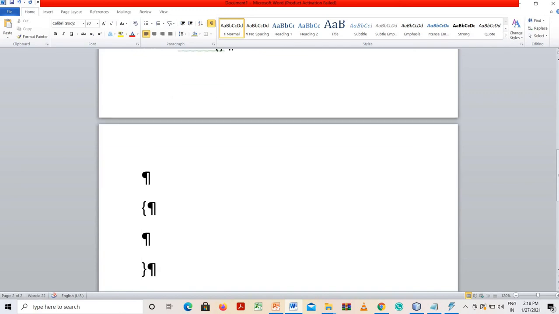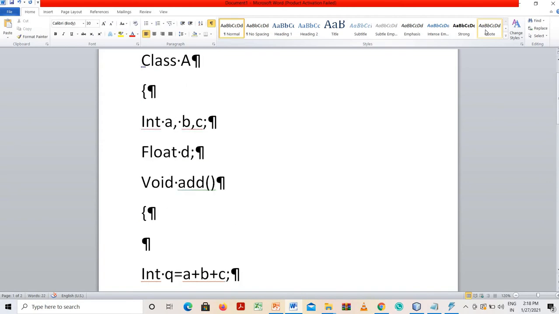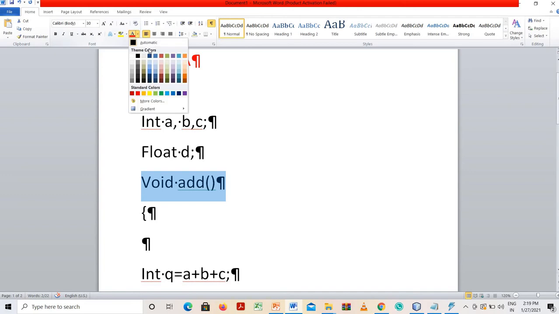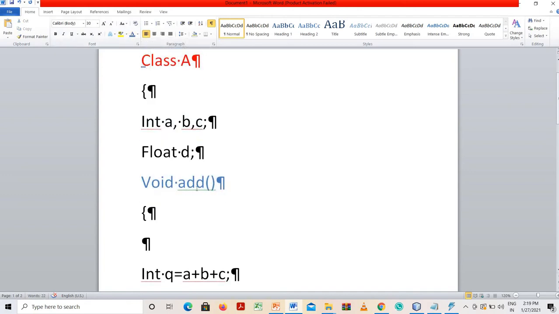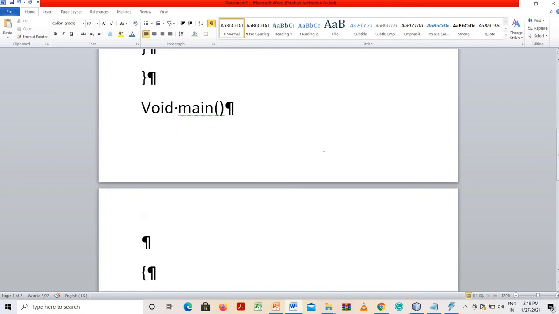So inside this main method I want to access this void add method inside this class A. This is a class, this is a method, and this add method is inside this class A. Now I want to access this add method.